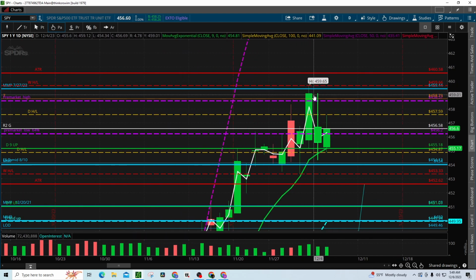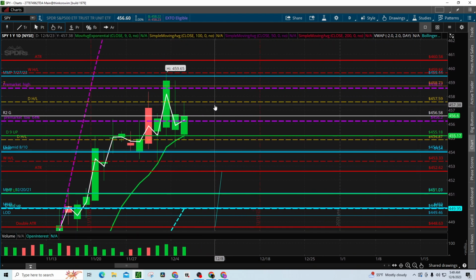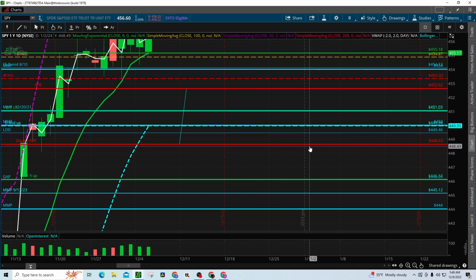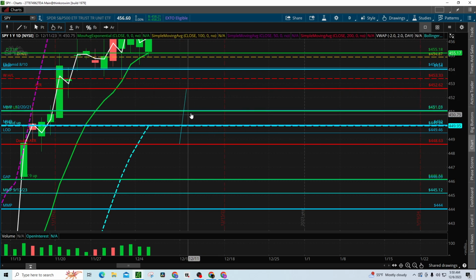I think this is the highest it's going to go. But we could chop through here a little bit, and then when it starts failing, you'll find support here. You'll follow this 999, and then all of a sudden it'll break one day, and then it'll retest and break again, and then you'll find support here. You'll come down, hit this level, come up, and then you'll be trapped between the mid and the 9 for a little bit, and then once you get back below there,